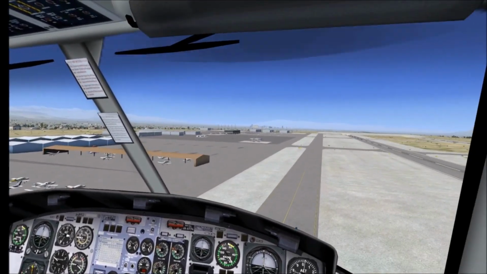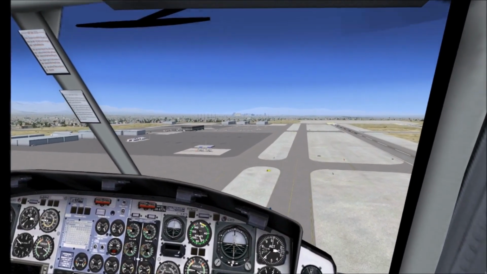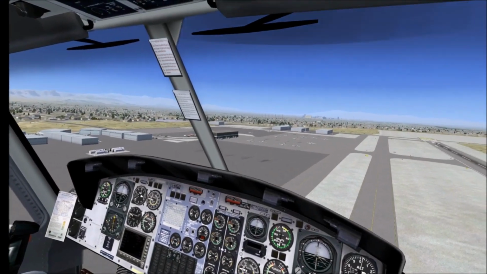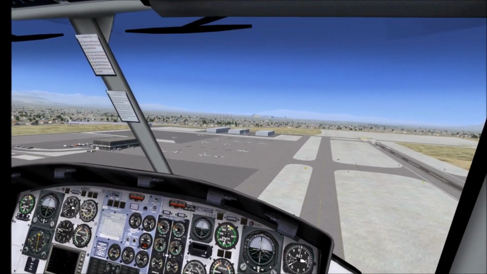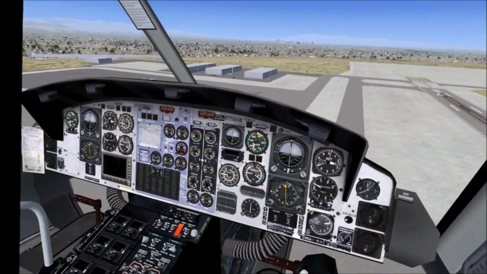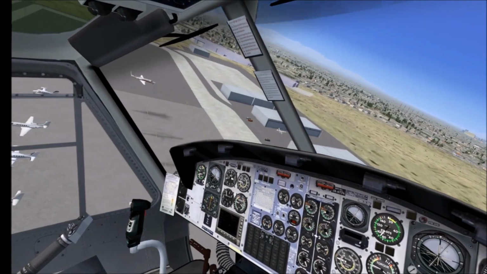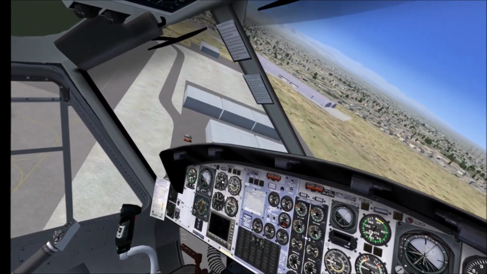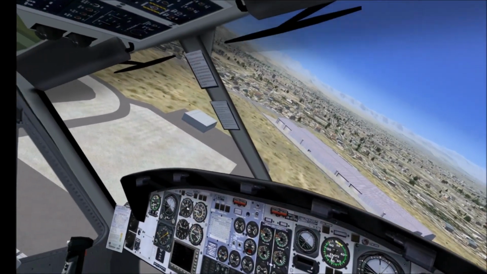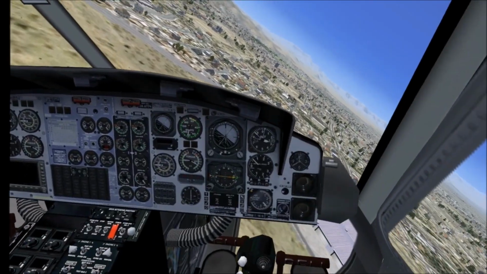And larger helicopters tend to use more cyclic input. So FSX does tend to do better with large, heavy helicopters. But that's not even all the way true nowadays because of advances in flight control technology and engineering. But this model isn't as bad as some others. I'll give it credit for that. It's not as bad, but